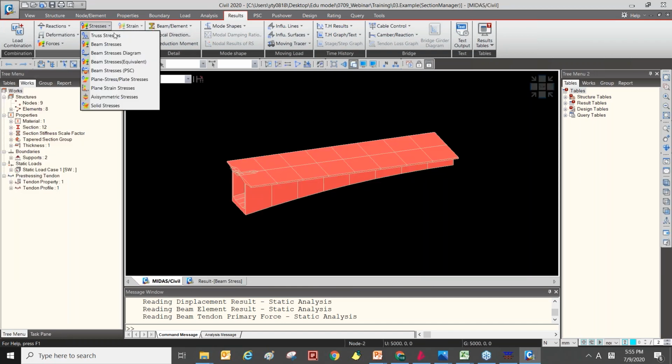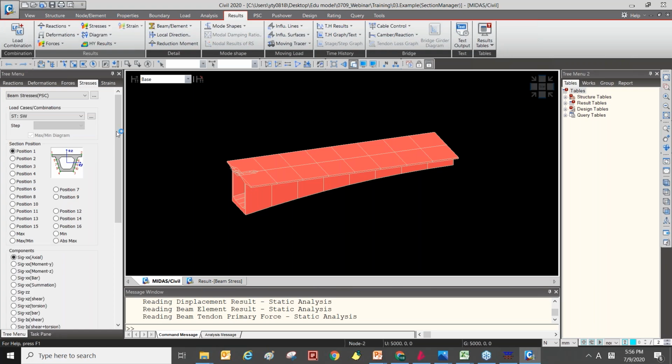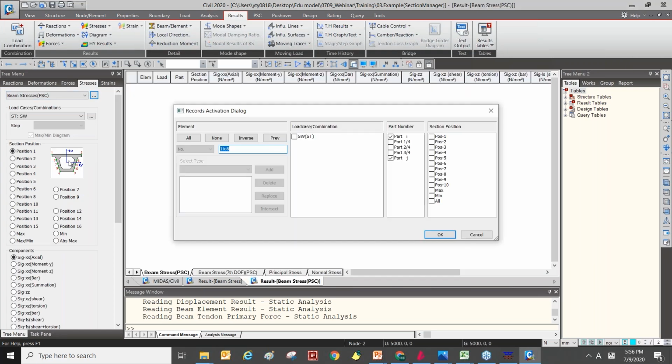And also there is the beam stresses results function for PSC sections. So we call it the beam stresses PSC. So as you can see, there are more points in the example figure.